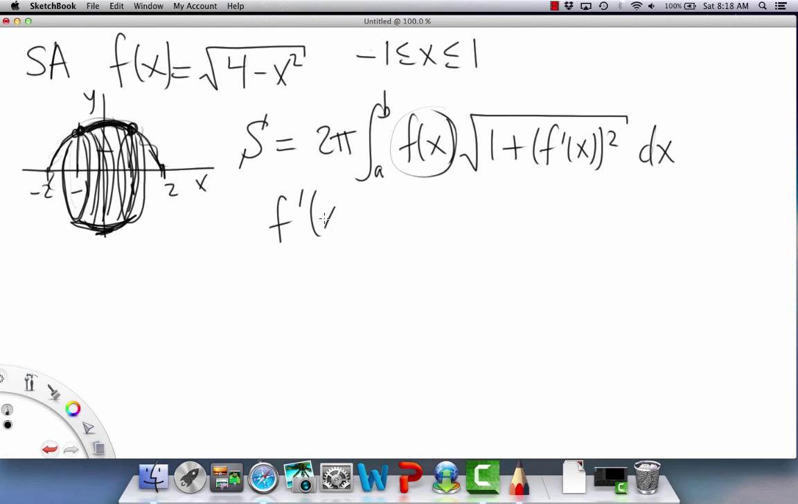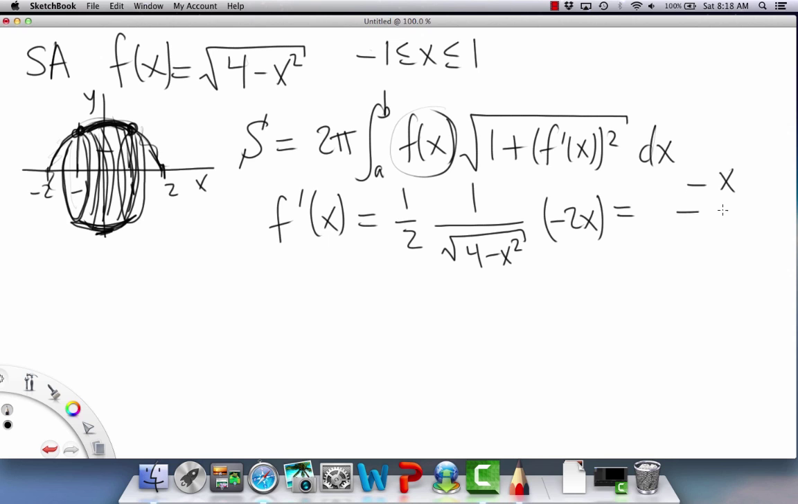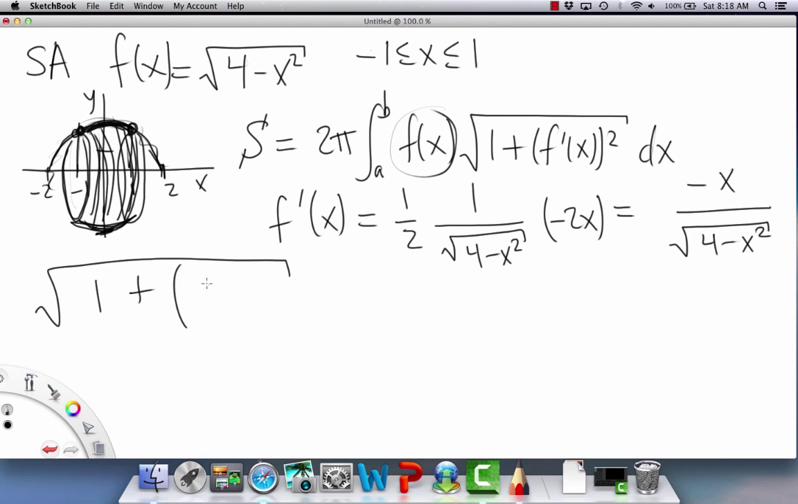So f prime of x is going to be, let's see, 1/2, and then we have all of this to the negative 1/2, so that goes into the denominator. Then we have to do chain rule, so that's a negative 2x. So we end up with negative x over square root of 4 minus x squared. That's our f prime of x. Now we need to plug it into the square root. So now we have 1 plus, and then all of that,